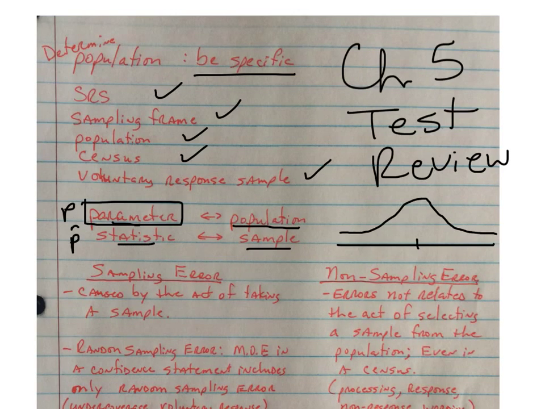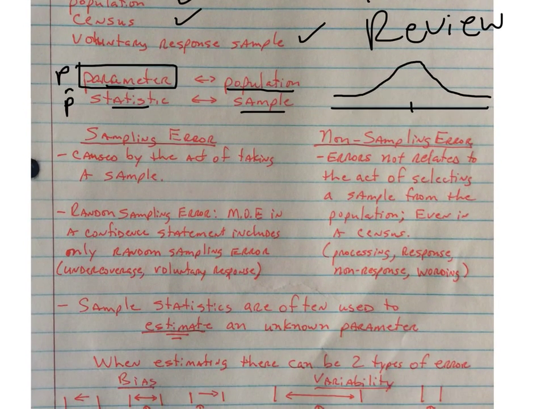Couple of things. Let's talk about sampling errors versus non-sampling errors. Sampling errors are caused by the act of taking a sample. Like, for instance, if you decide to do a SRS, or let's say you decide to do a census. Well, a lot of times if you do a census of the United States, there might be some errors like undercoverage, where homeless people are not accounted for, or maybe students who live in dormitories are not accounted for, or maybe there's an overcoverage. So a sampling error is caused by the act of taking a sample. Okay, then